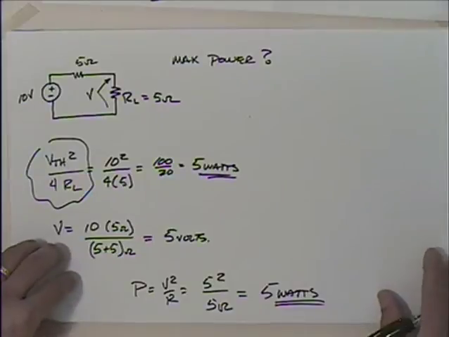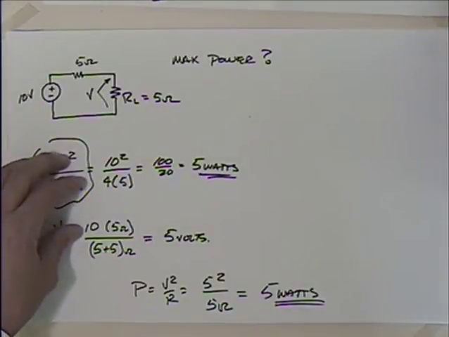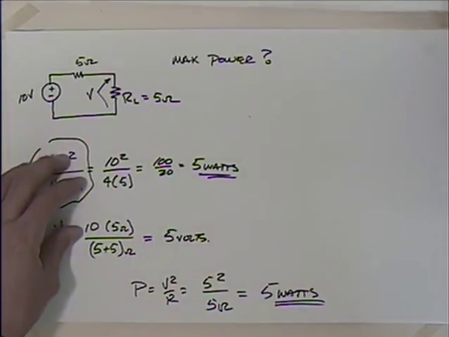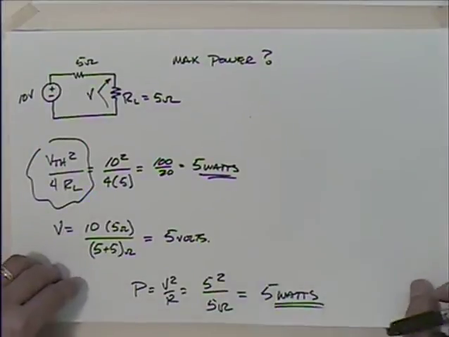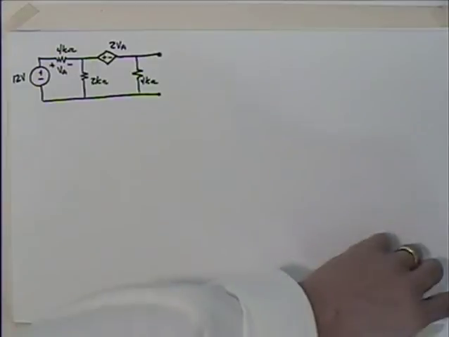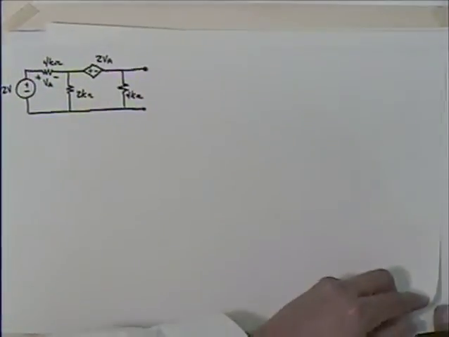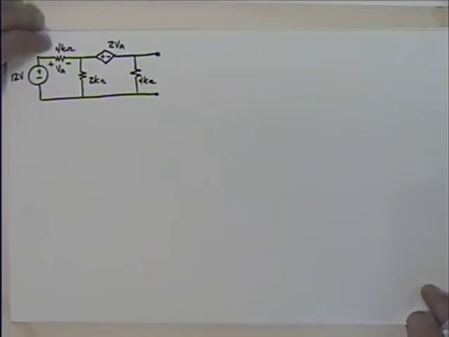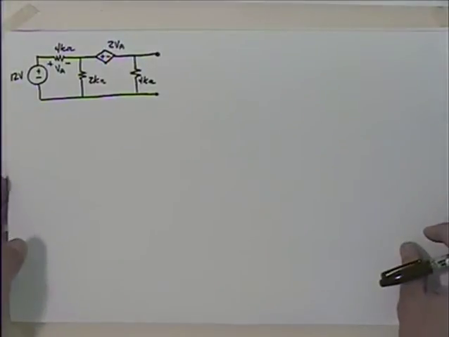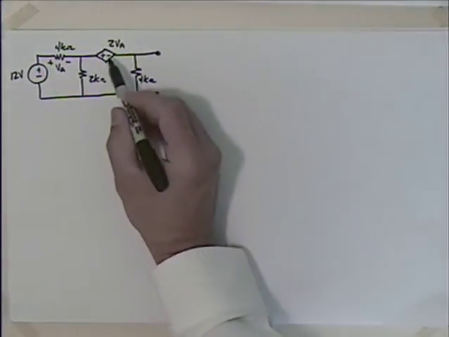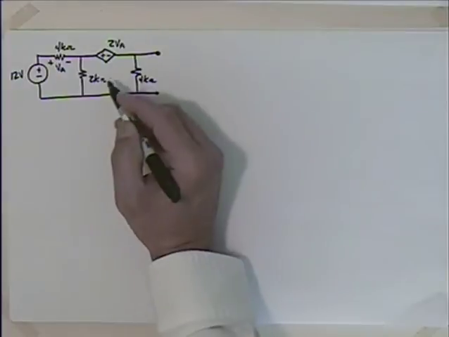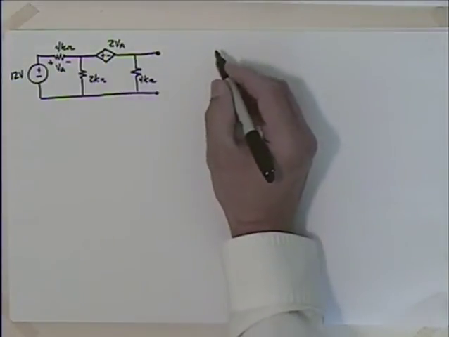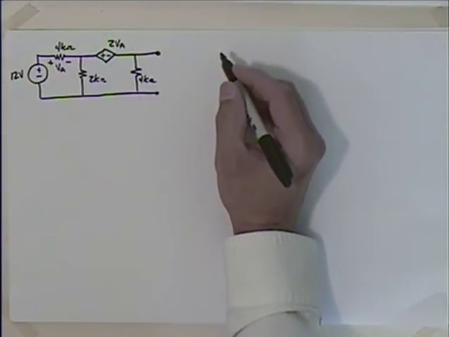Well, anyway, we've got a whole new reason to do problems, is to come up with maximum power transfer. So let's see if we can do that. I've got an example here. It's going to be kind of an ornery example. We notice right off that it's got a dependent source, so I cannot use the shortcut. And let's say that someone was asking us on this